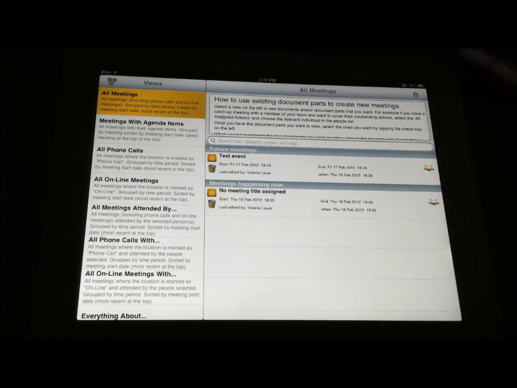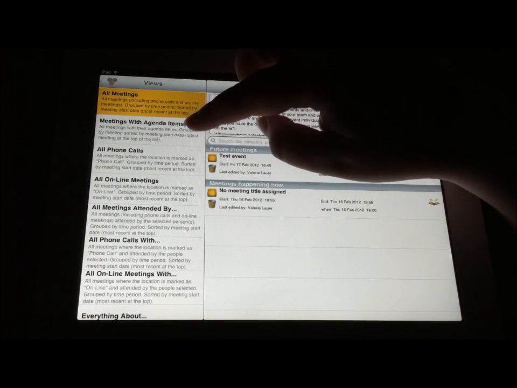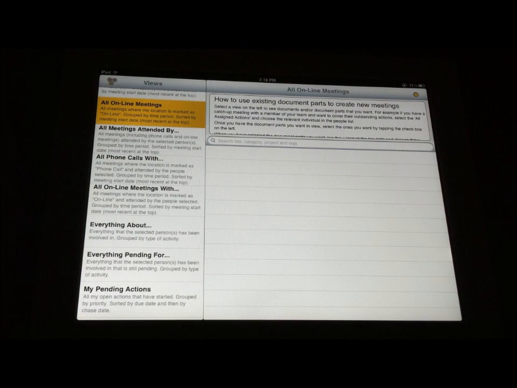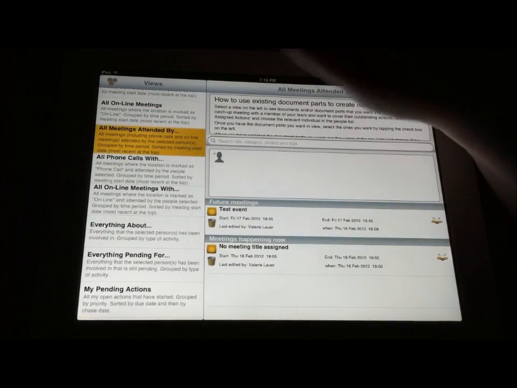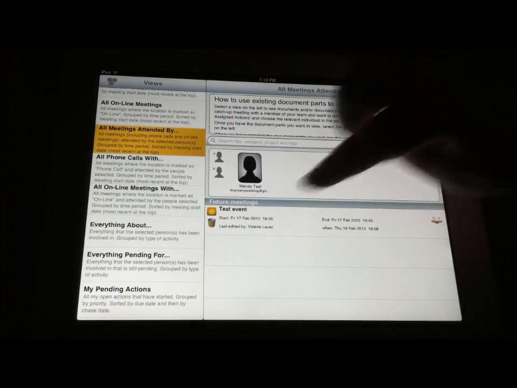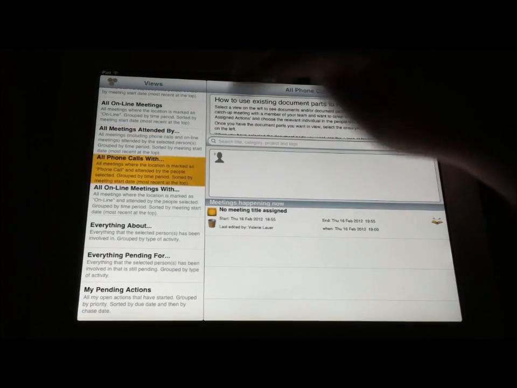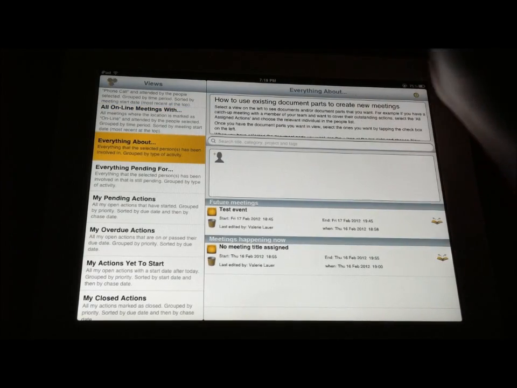So this application actually lets you organize meetings, which makes sense. It organizes them tons of different ways. You can view them by meeting, ones with agenda. You can have phone calls listed, online meetings listed, which is great if you use any kind of Skype or conversations online for meetings, which we all do. Meetings attended by certain people. You can search certain participants and find out which meetings they'll be attending right there. Very simple. Any meeting with a phone call, all online meetings, all about